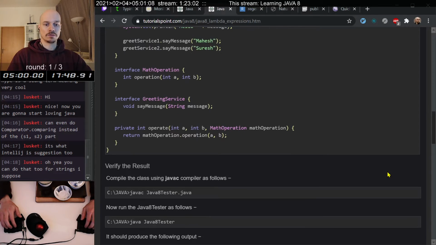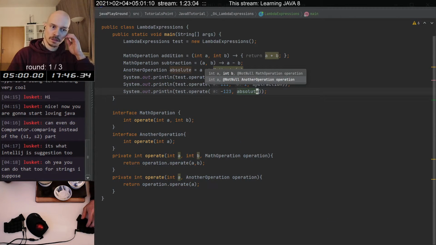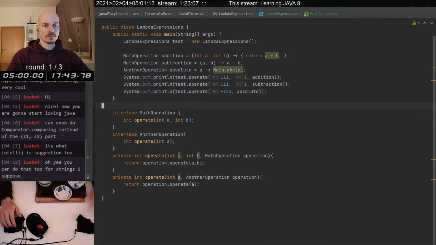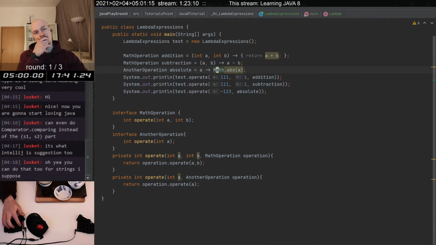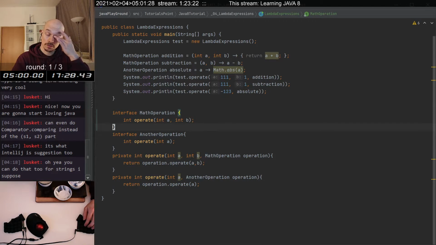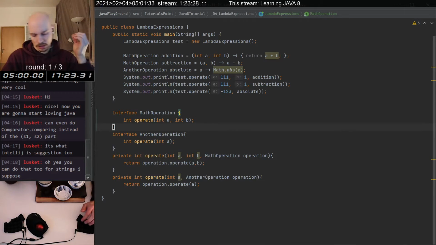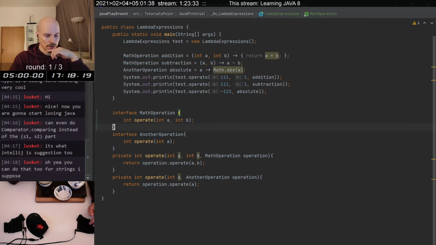What do we have next? So we did this, and we learned that it doesn't have to have the parentheses in here, and then about these interfaces. First of all, we were not able to put them inside of the method. IntelliJ told me that at language level 13 it's just not allowed. Okay. Then